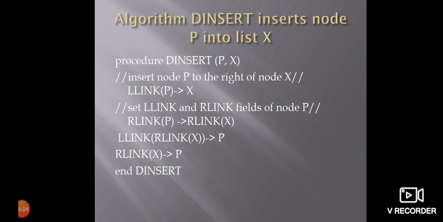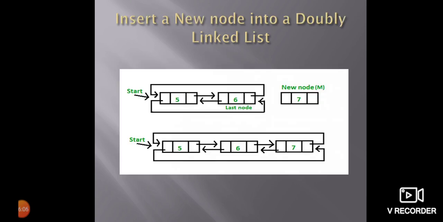the appropriate place. Okay, this is the diagram, where the new node is actually M here, and you're going to add it to the last here. That is, X is the node which is coming, and you're going to add it to the last, so that both the connections are made appropriately.